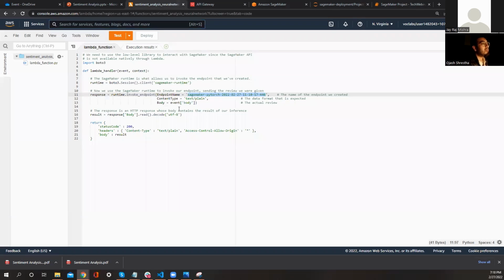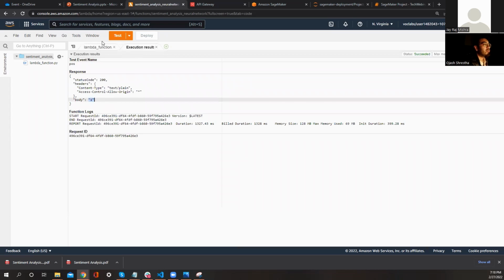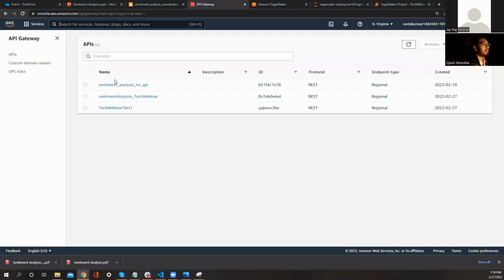Yeah, we add it to our Lambda function, and this is all that you need to add to this, right? And once you've done it, you test it, you deploy it, then you test it, and when you're good enough with your results, so if you got these outputs and all, then we actually go to create the APIs, right?